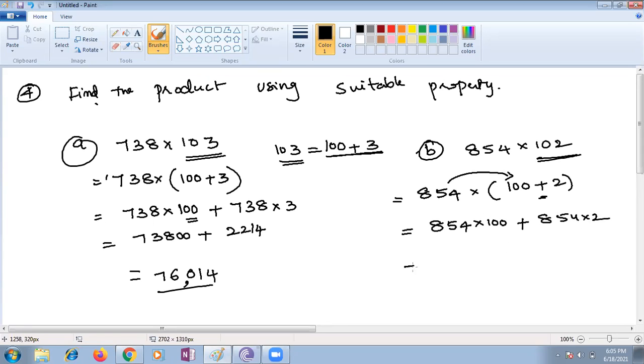If any number is multiplied with 100, it means the number followed by two zeros, so 854 followed by two zeros, at plus. Come on, quickly. Can I tell, ma'am? Yes. Ashwath, I will give a chance to everyone. There are many bits to do. I will give each and every one a step, one question.